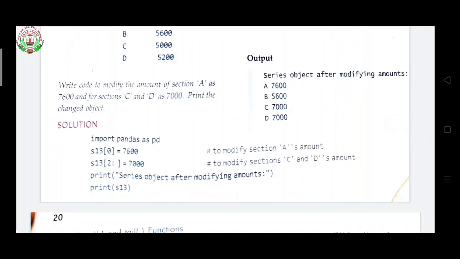Here S13[0] = 7600 modifies section A's amount, and S13[2:] = 7000 modifies sections C and D. So print the Series. Now calling the object, we got the output: A 7600, B 5600, C 7000 and D also 7000.